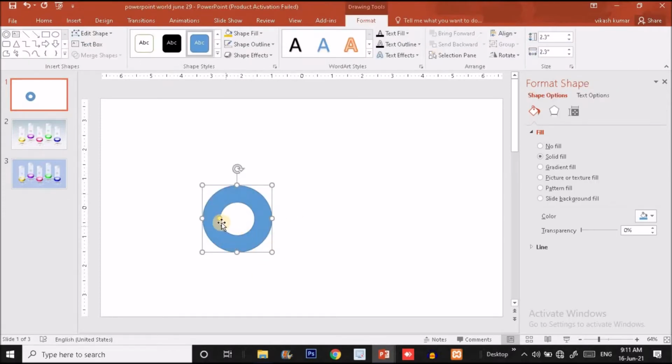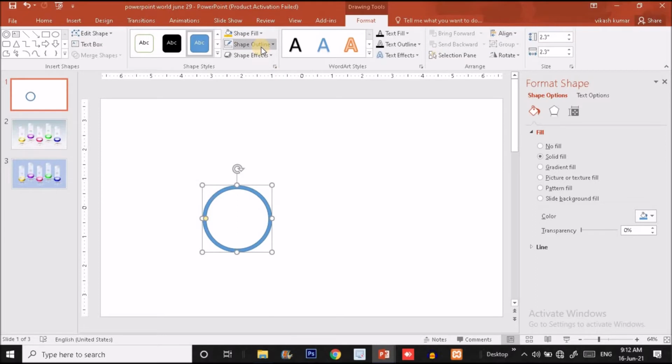Now you can see a yellow dot over here. You have to move it to the left. Just drag it to the left to make it thinner, and drag it to the right to make it wider. Okay, make the path wider, as you can see here. I'm going to drag it leftward because we want this much width.